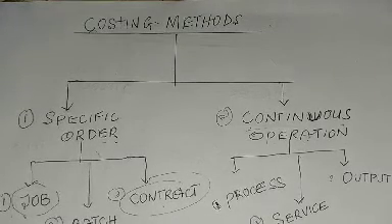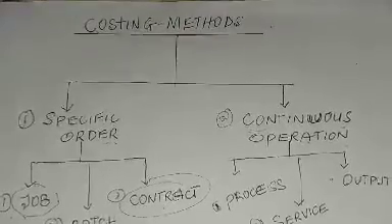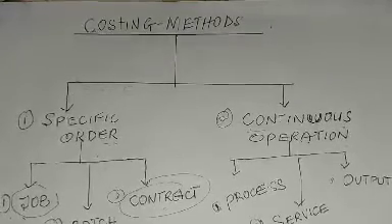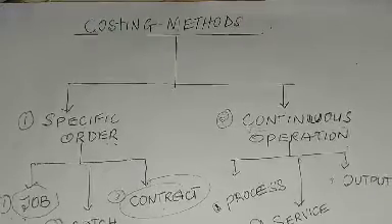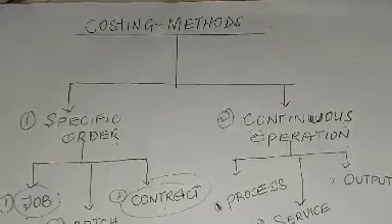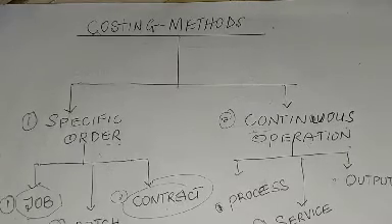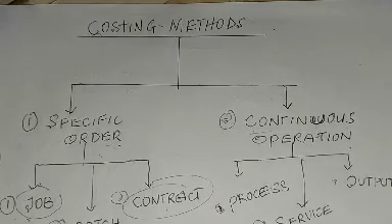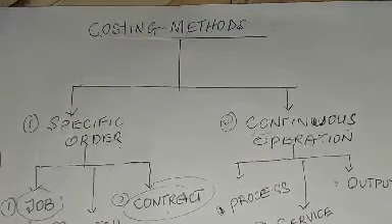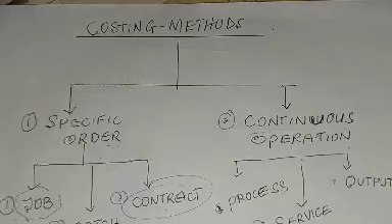In this video, we are discussing the concept of costing methods. What is a costing method? It is nothing but a cost ascertainment technique that is based on the nature of business. Write it down: a cost ascertainment technique that is based on the nature of business. A costing method is used to ascertain the cost of production based on the nature of the